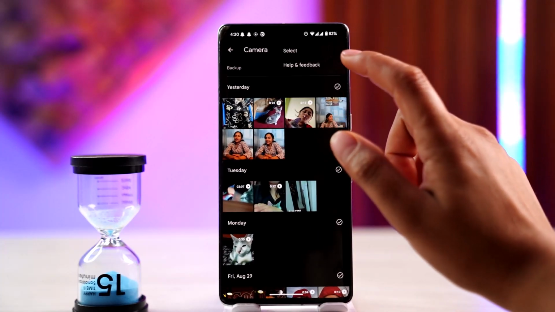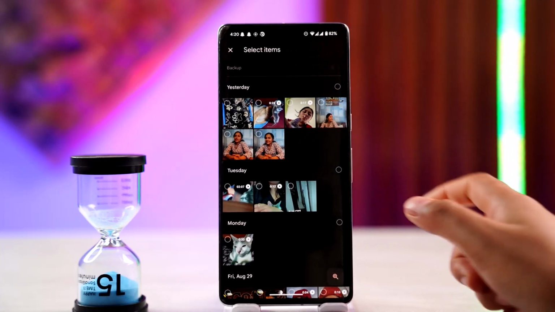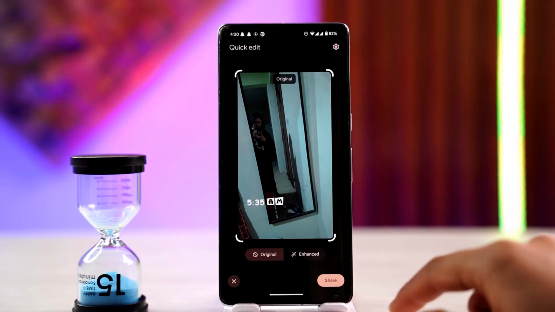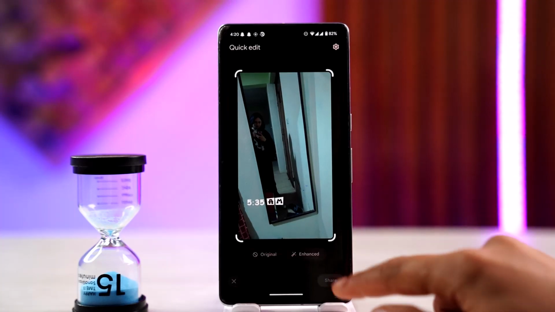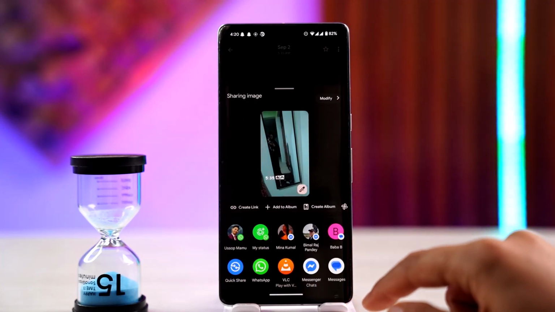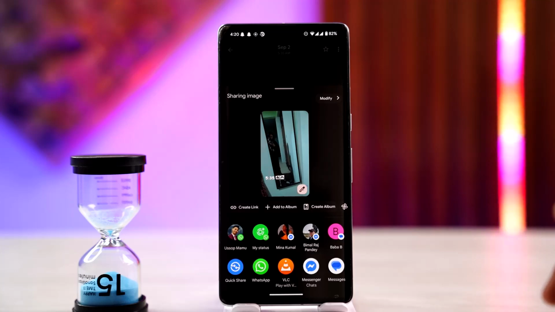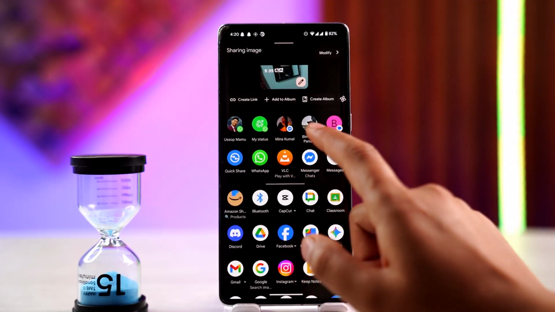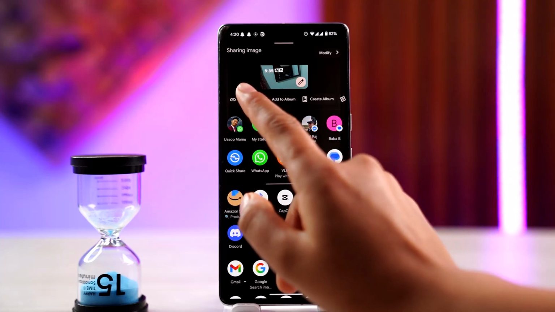Tap on the three dot icon and then click on select. So basically what you could do is select the photo and then click on the share button. Here it is, tap the share button, and as you click on the share button, you could go ahead and select share with partner. So there you could find these share with partner, or you could just click on create